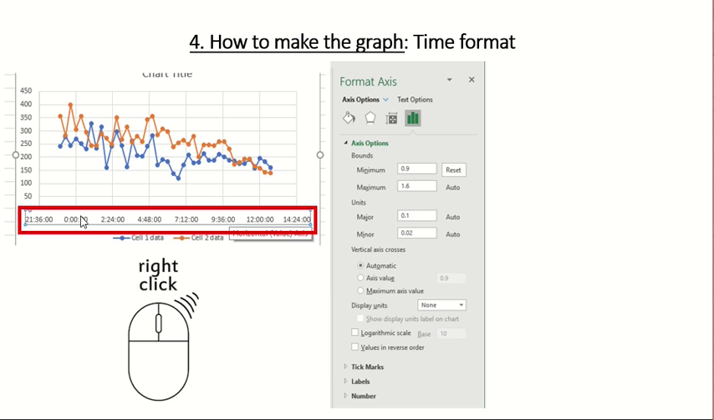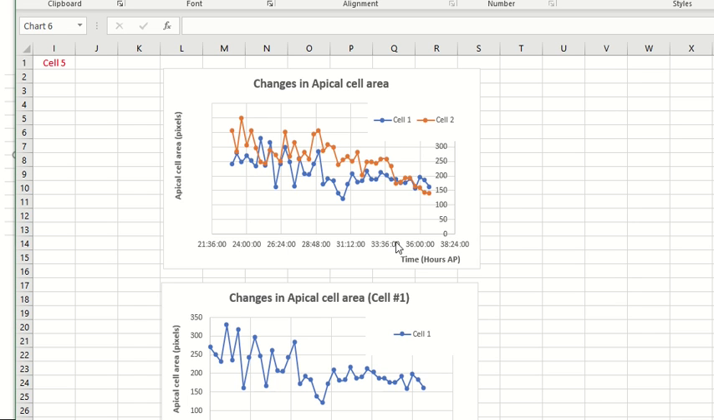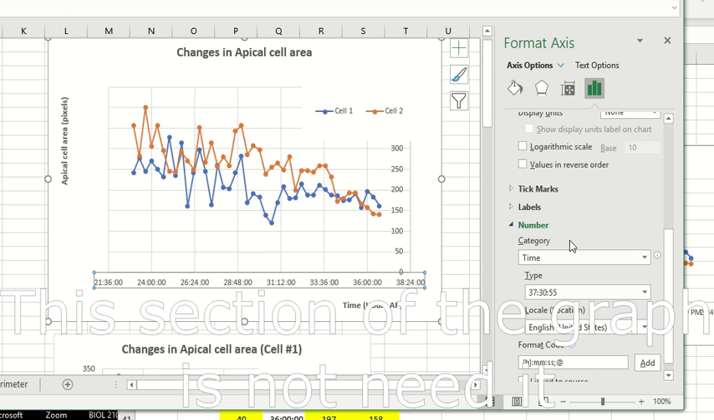To avoid that problem, you right click here and you will get this toolbox. You go to number, and then you go to time, but you have to pick the right time. Let me show you exactly what is the right time. So right click, you go to time and you have to pick